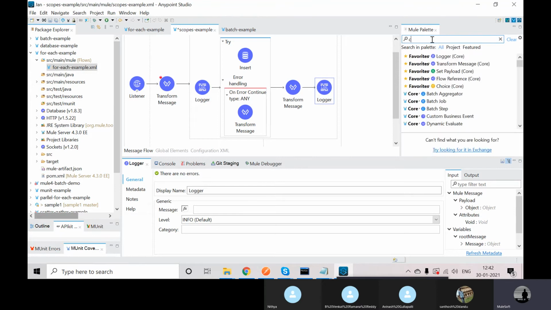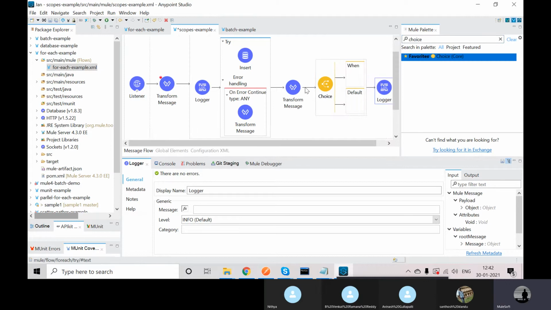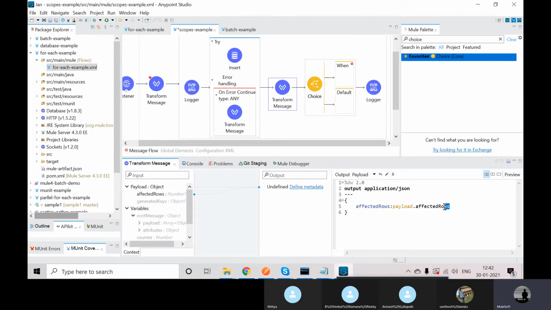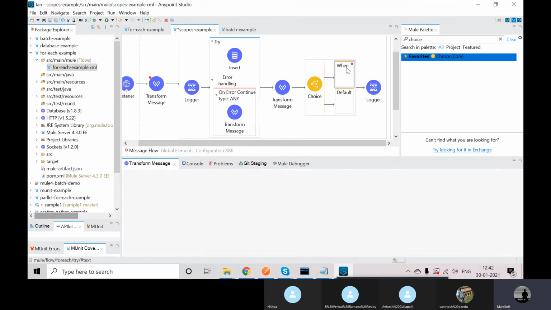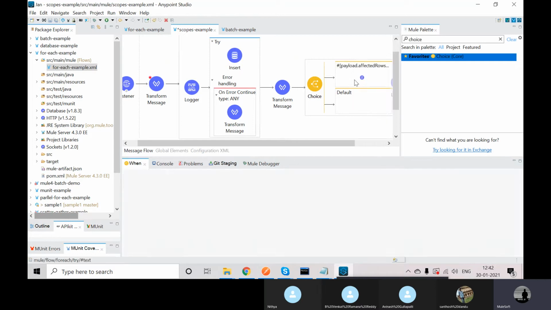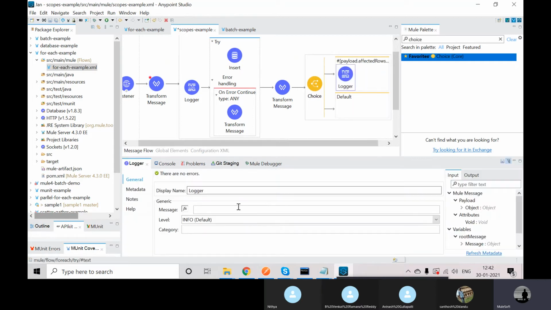By using choice also I can write some condition. So here payload dot affected rows double equal to 1, then it will print this logger, inserted successfully.